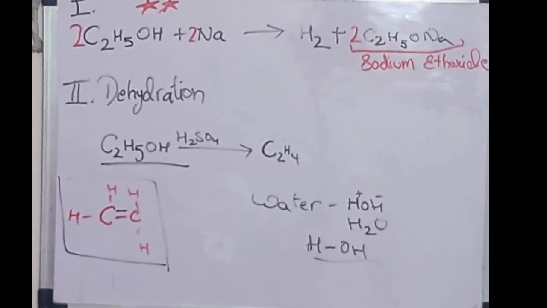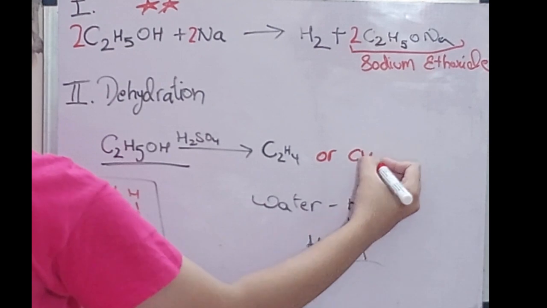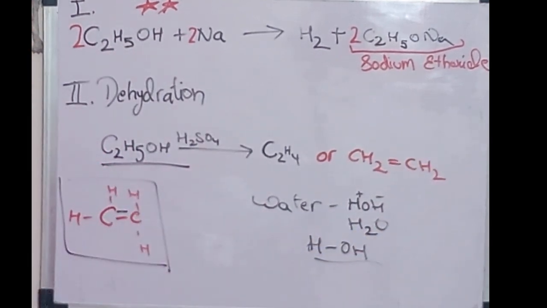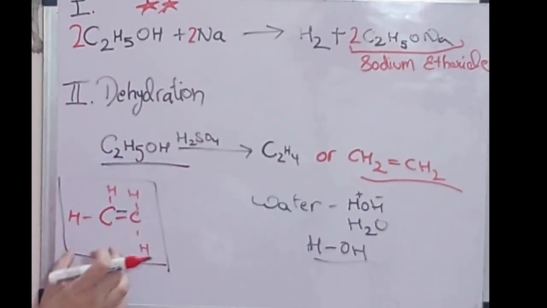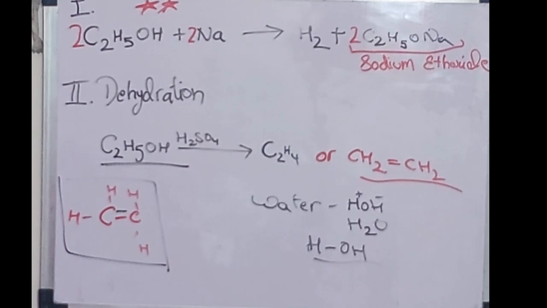Or you can write it as CH2 double bond CH2. It's a way to write down ethene. पहले ये वाला लिखा, फिर double bond, फिर ये वाला लिखा. Clear? Crystal clear? This was quite easy, right? Ethanol is quite easy. So with this, we are done with ethanol,